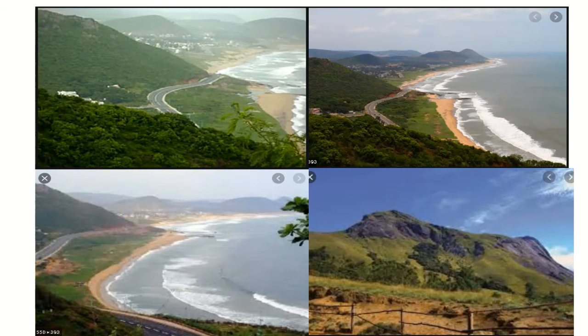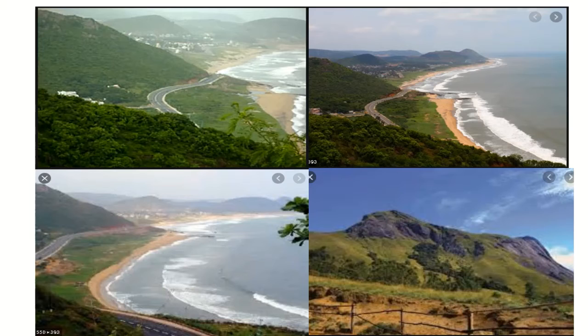So many rivers flow through them and drain into the Bay of Bengal because of the slope. They have gentle slopes and rise from the eastern coastal plains. They lie at some distance from the Bay of Bengal. That means the coastal area of the Eastern Ghats is broader, and the coastal area of the Western Ghats is narrower. So this will be the difference.